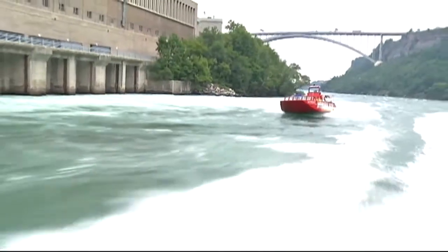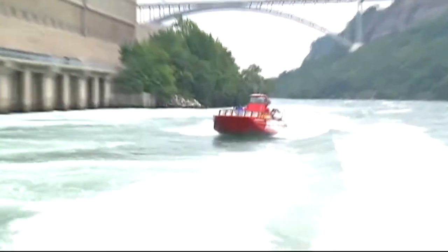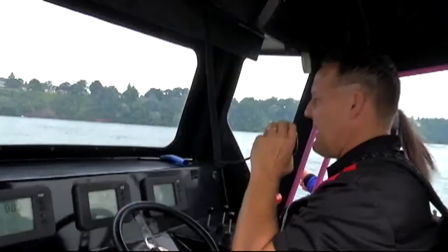Our trip is 50% historic and scenic, and then the other half is the rapids. So here we are, we're down below the gorge. This is where the War of 1812 was fought. On the trip, you get to see Fort Niagara on the American side, Fort George on the Canadian side, Brock's Monument, the Queenston-Lewiston area, and then once we get upstream of the waterfront here in Lewiston is where we get